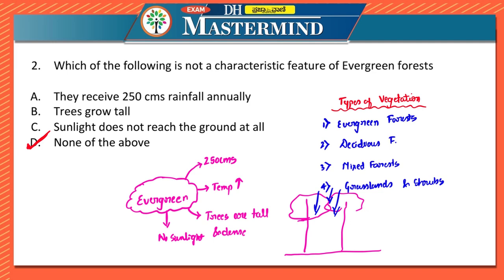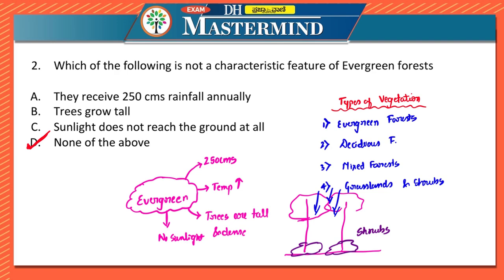Now at the base of these trees, in the bottom region, there are thick shrubs. There are different types of spices as well, that is cinnamon, cardamom, then cloves, medicinal herbs, etc. They grow in abundance. You can see this type of forest in Uttara Kannada, Dakshina Kannada, then Shivamogga, Hasana, Chikmagaluru, Chamarajnagara and Kodagu districts. So there you can see evergreen forests.